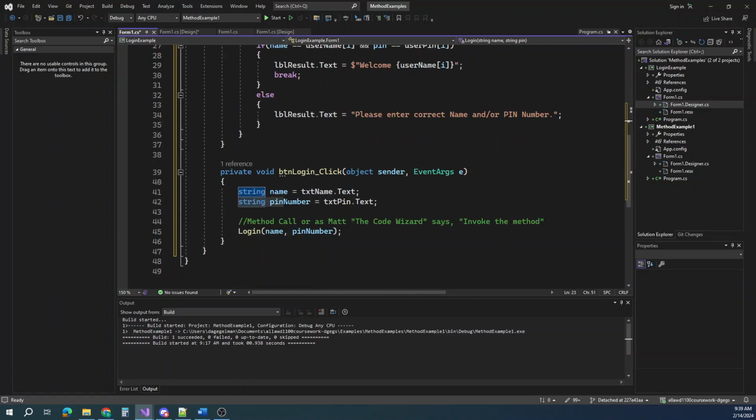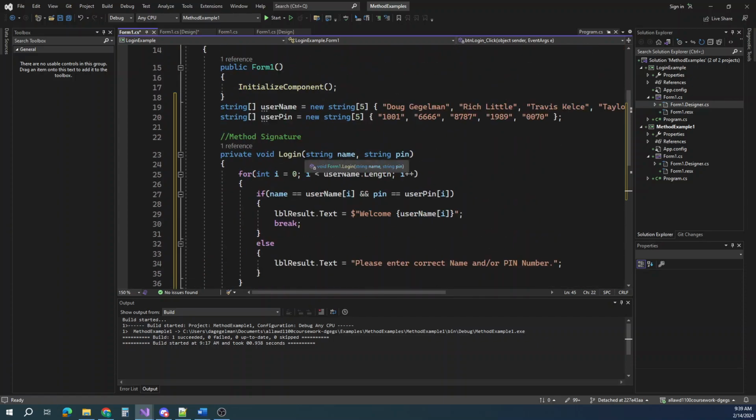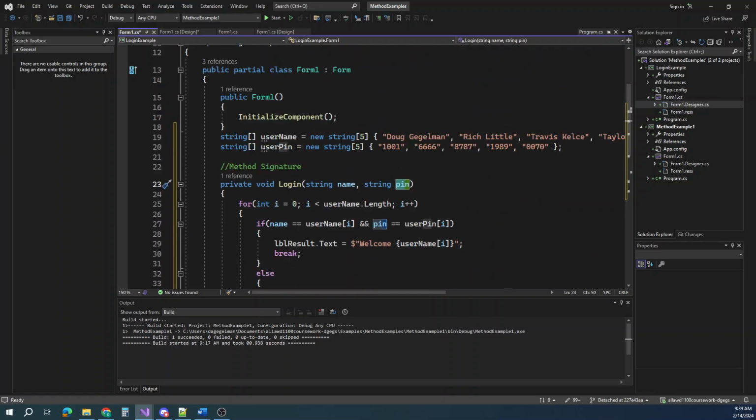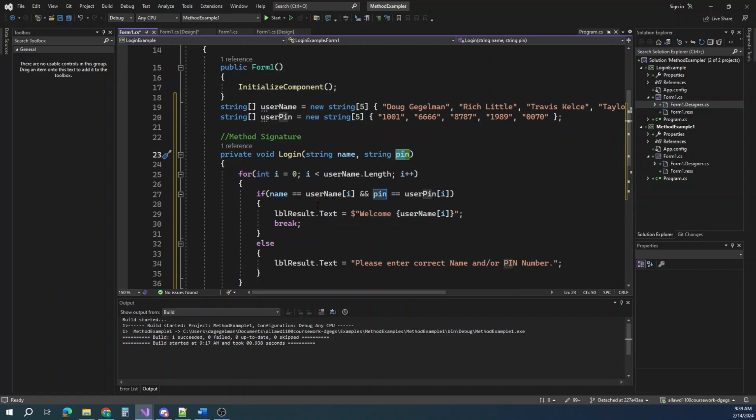So whatever we type in these text boxes will get stored in the name and PIN number variables. They're going to be passed through as arguments. Technically, they're called arguments when you call the method and pass them. And then the login in our method signature up here, they're called parameters, and it's accepting a string of name and PIN. So whatever we type in these 2 text boxes will get passed up in through here, and then go down. So hopefully now when we run it,